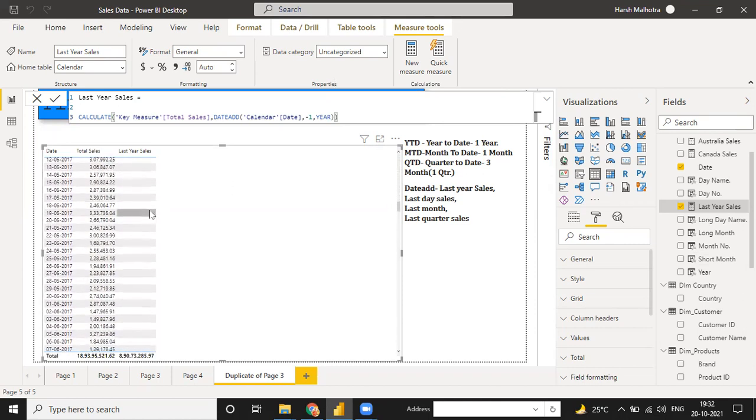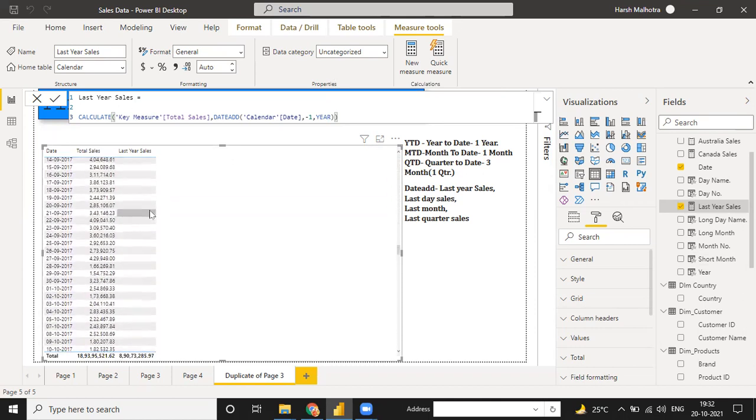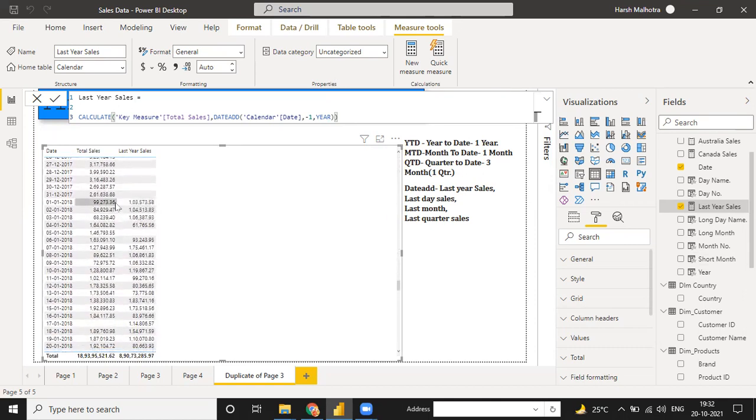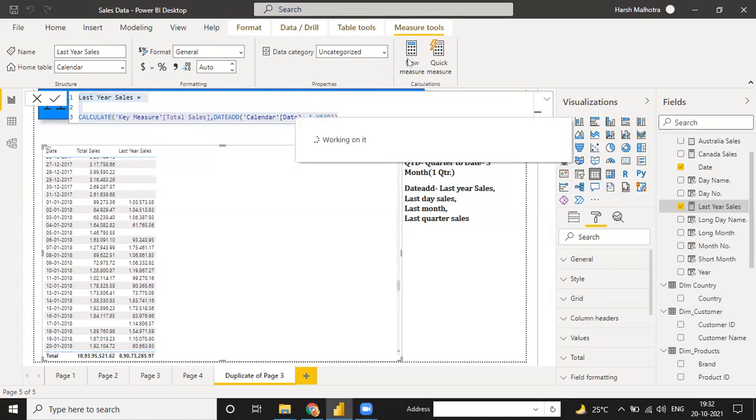And when you go down to 2018, it gives the value of sales, and it's year wise sales, meaning the complete year wise difference between the totals of the years. In the same way, if you use day, the difference is 1 day. If you use month, it will give you month wise. So right now this is my year wise sales. Just copy, and again you have to paste it.